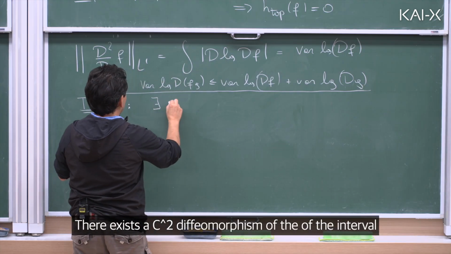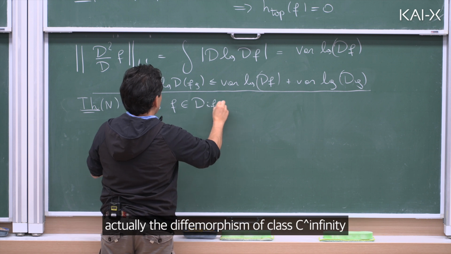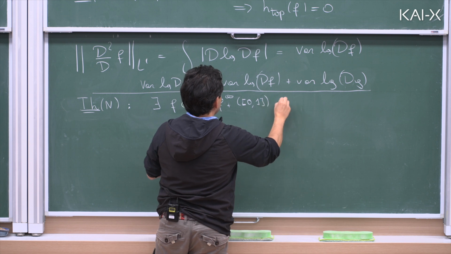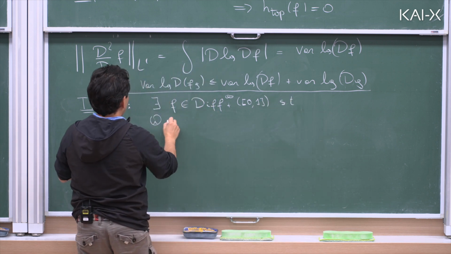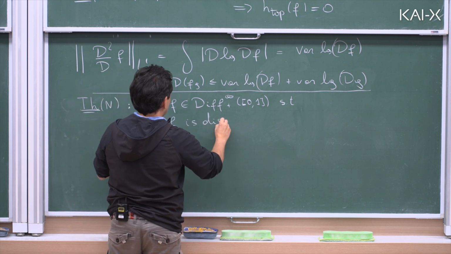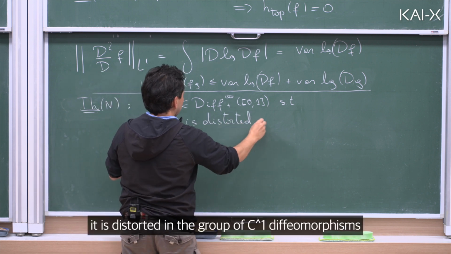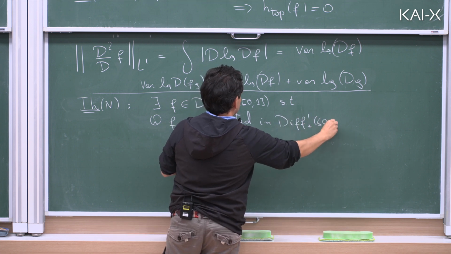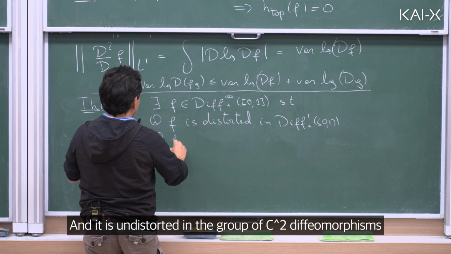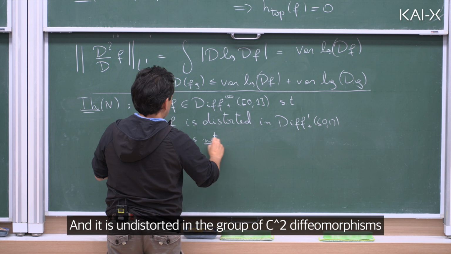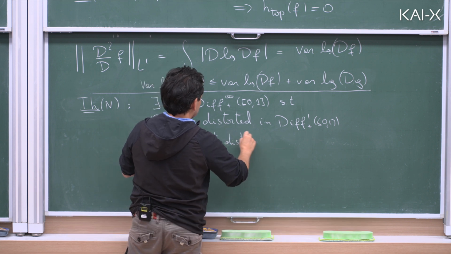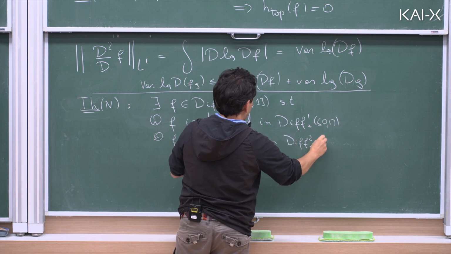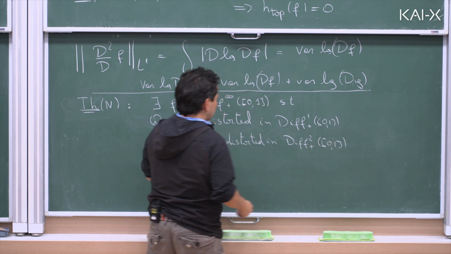There exists a C2 diffeomorphism of the interval, sorry, actually a diffeomorphism of class C infinity, and there are many. It is distorted in the group of C1 diffeomorphisms, and it is undistorted in the group of C2 diffeomorphisms. And how do I prove